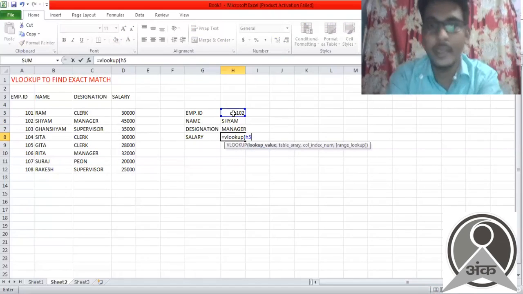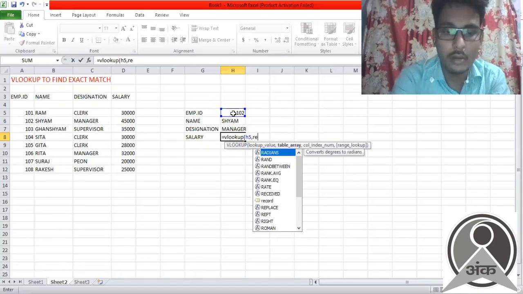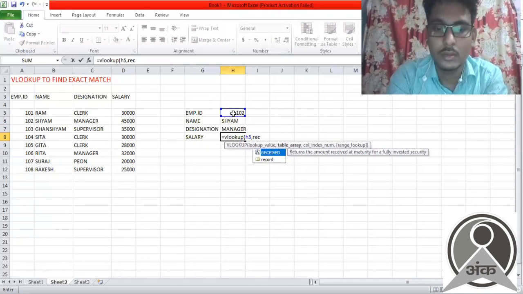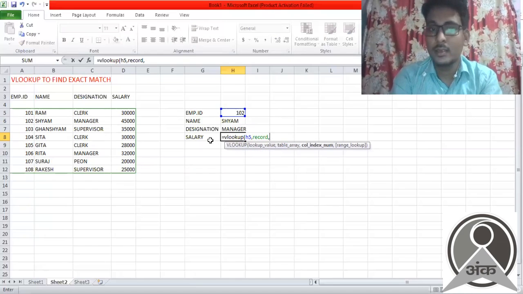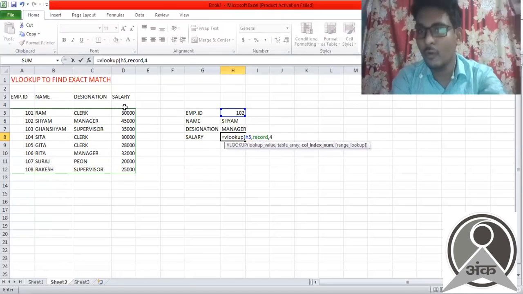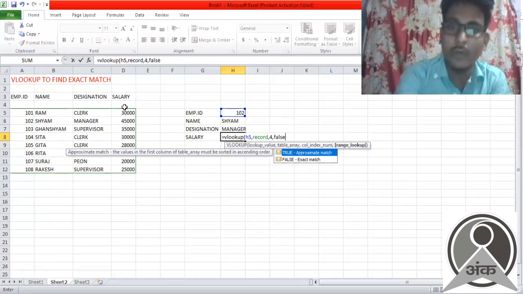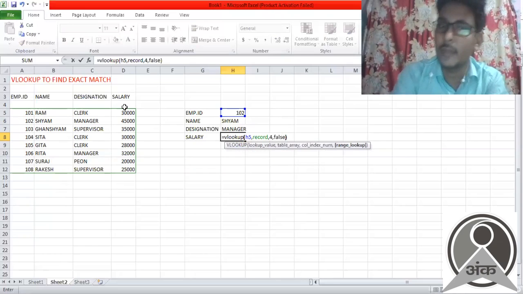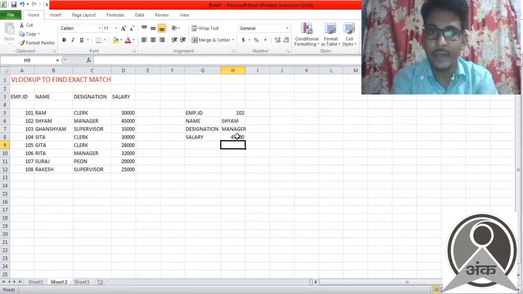So now I'm typing H5, then type record, then the column number of salary is 1, 2, 3, 4. So you need to type 4, then type false for exact match, then close the bracket and press enter key. So when you press the enter key, it will display 45,000.